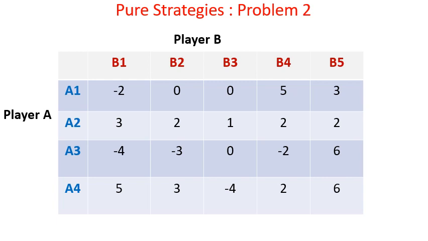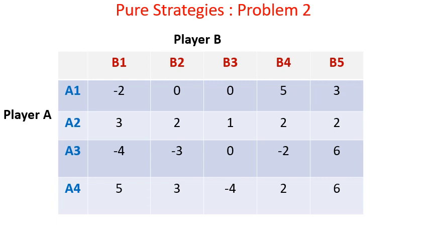And please note this minus sign here. In the previous payoff matrix, all values were positive. So in this particular payoff table, you can find some negative values. A minus 2 value here means a loss of 2 to A and a gain of 2 to B. Similarly, minus 4 refers to a loss of 4 to A and a gain of 4 to B. It's similar to the previous problem.